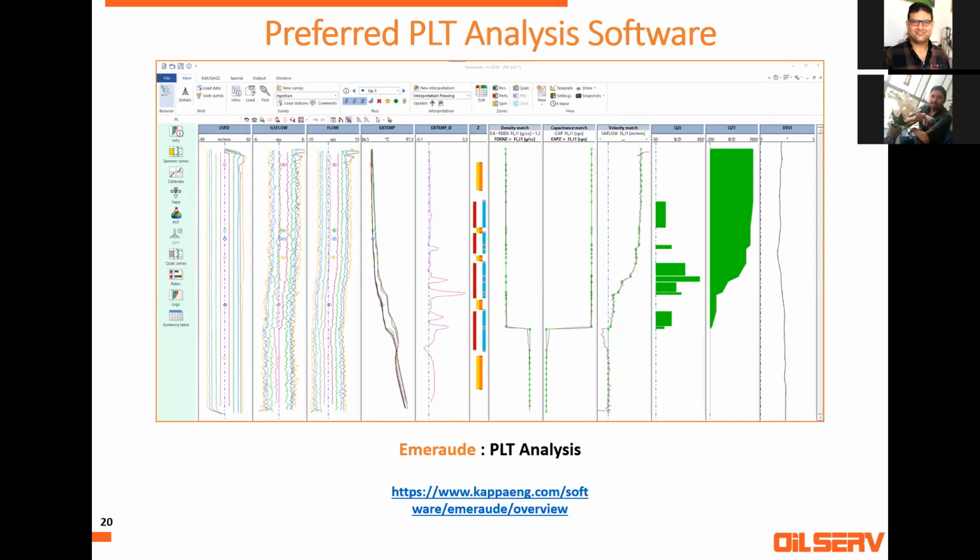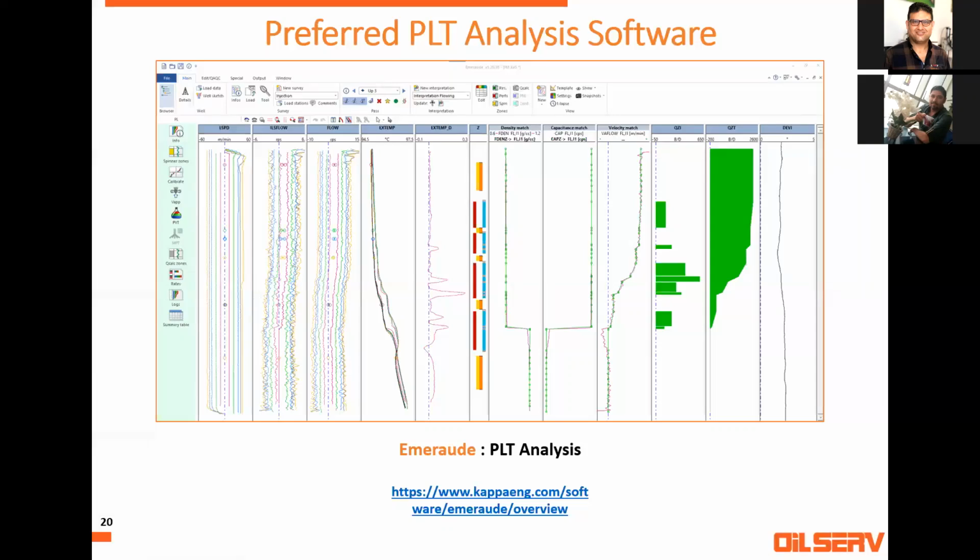As we mentioned before, PLT analysis has been integrated in Geolog, Techlog, and IP. I haven't seen anybody use open source software to make the PLT interpretation, but Plato is a famous one. However, I will focus in this lecture on the Kappa software.